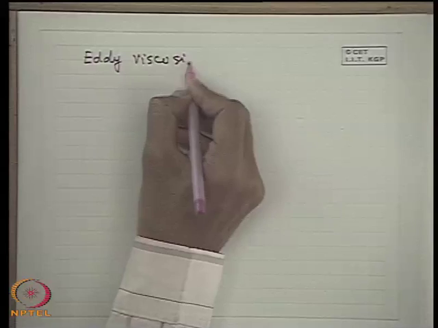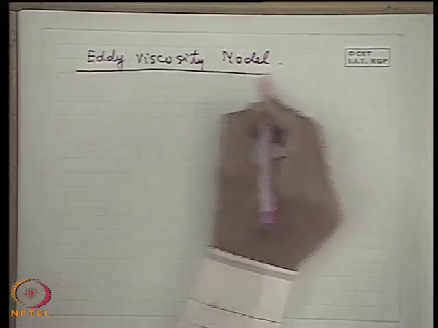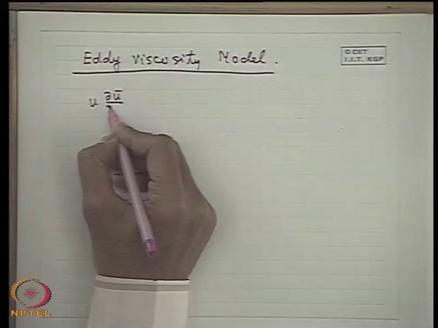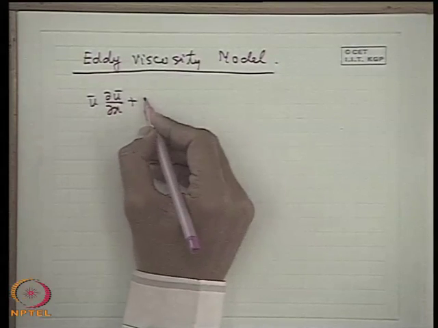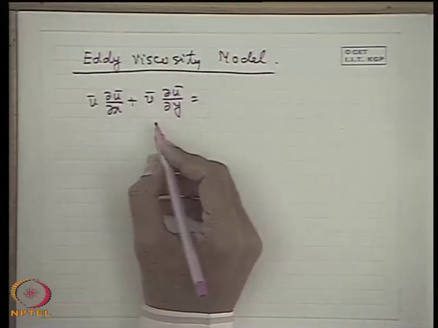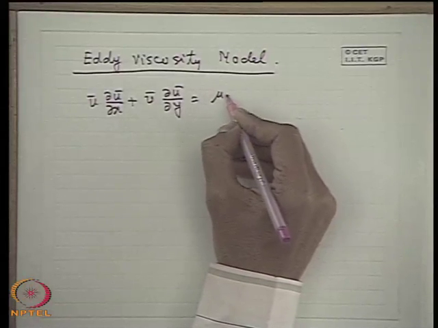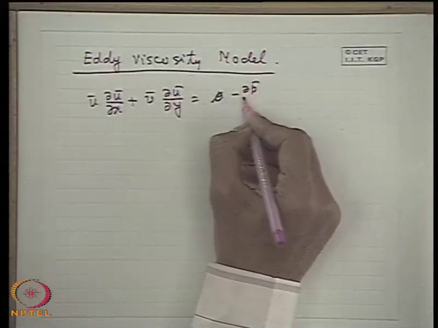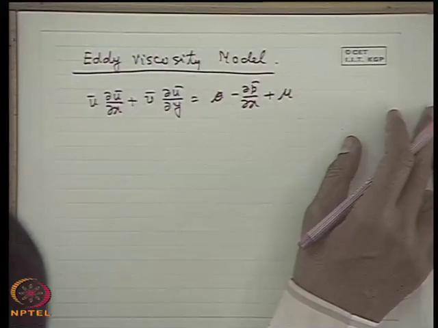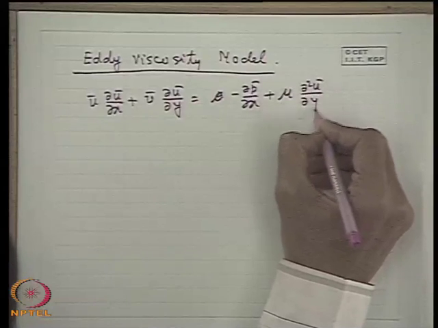One is the Eddy viscosity model. Now, if we take a very simple case of a one dimensional flow, for example, a boundary layer equation, u ∂u/∂x. So, if you make modifications with the time averaging, the way we have done for the complete Navier-Stokes equation, what will you get? You will get, for example, minus ∂p/∂x, that may be with pressure gradient, does not matter, the pressure gradient may be there depending upon the curvature of the body, plus mu ∂²u/∂y², which means